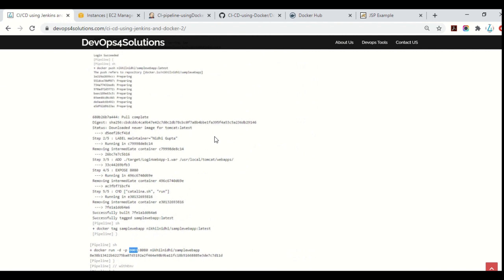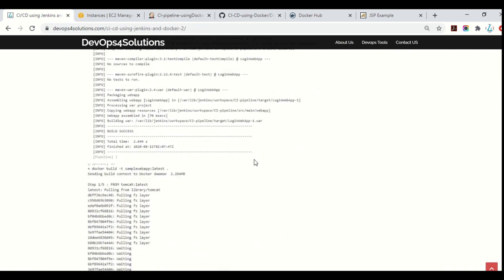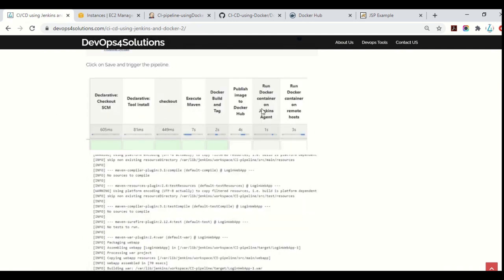As I have said, this is the CI/CD process. Right now it is showing these stages, one, two, three, four, a lot of stages, but it depends on your project. If you want some automated unit testing, you can put it before the Maven execution. If you have SonarQube, you can use that also in the stages. If you have some kind of functional testing or smoke testing automated, you can include everything in your Jenkinsfile. But yes, this is the basic process that you can use for achieving continuous integration.